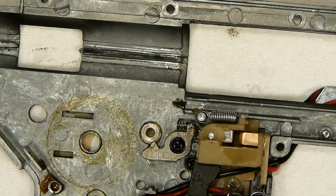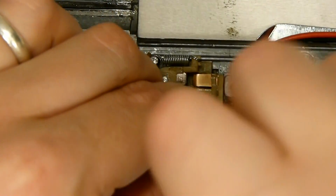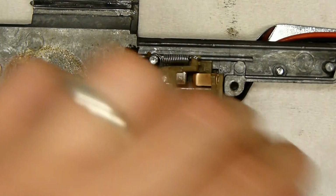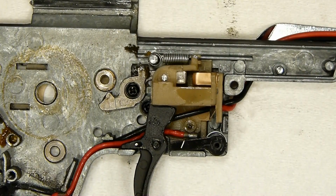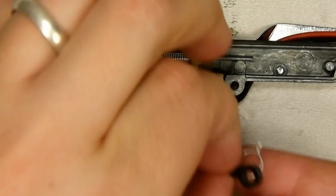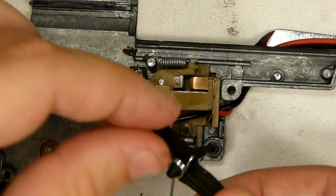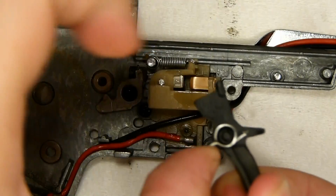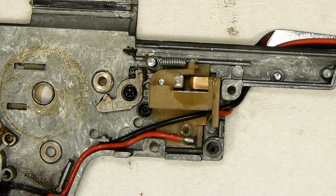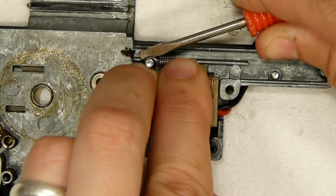And let's show you what the inside of the whole trigger assembly looks like so you can see what the contacts are. This spring that sits under here is what provides the back pressure on the trigger itself. And this spring right here is what keeps the contact slide in the rearward position when you're not pulling the